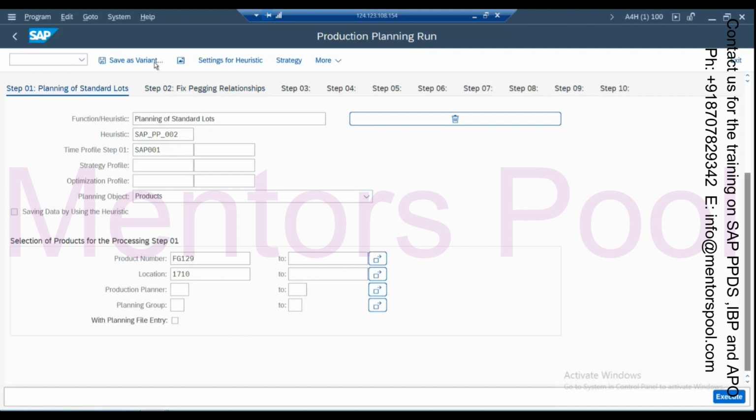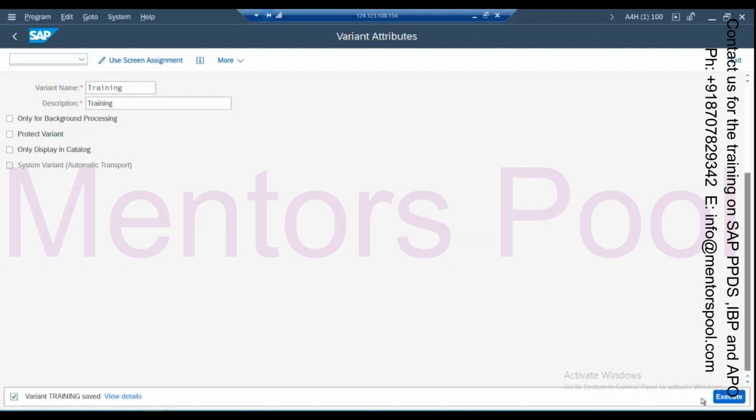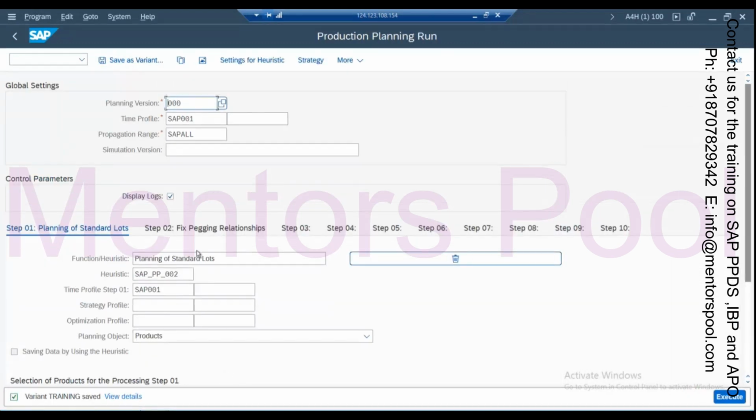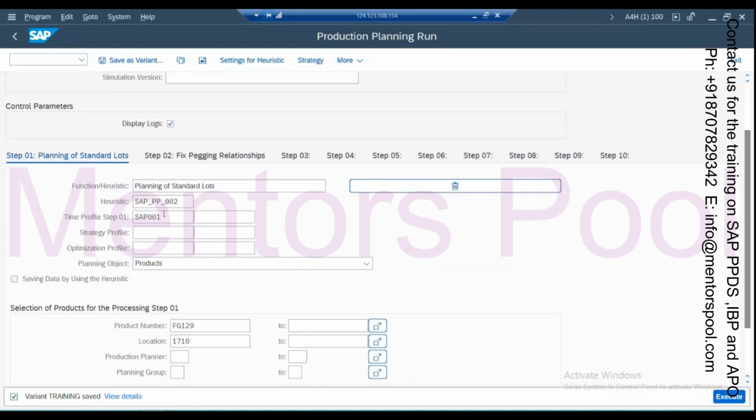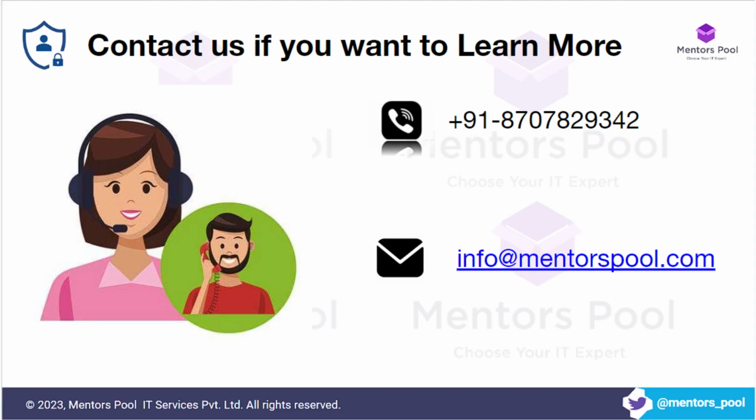Okay. So I will save this as a variant for your reference. Now time profile. The same time profile is assigned under the step also, but the generic time profile is for reference. So this becomes a parent time profile, maybe 3 months of time profile that you want to run it for. But the planning with standard lot, that is the planning heuristic, you want to run for 3 months, but the scheduling maybe you want to run for only 2 weeks. So you can select a time